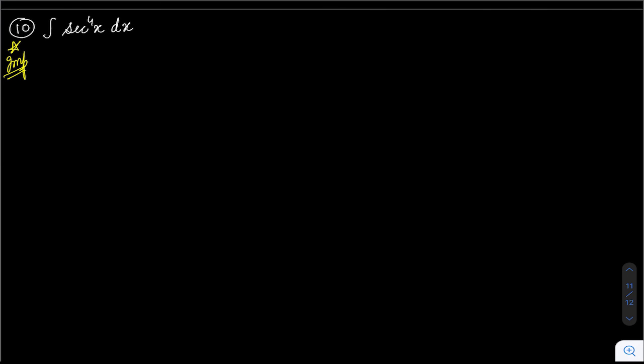With use of trigonometry, we have to change this secant power 4x a little bit so that we can solve this question. Now with respect to secant x or secant square x, I know only one thing, that secant square x is equal to 1 plus tan square x. I don't know anything else, right? In trigonometry, we know this. So how can we use this? If somehow I have tan x and secant square x in this integration, my work is done, because differentiation of tan x is secant square x.